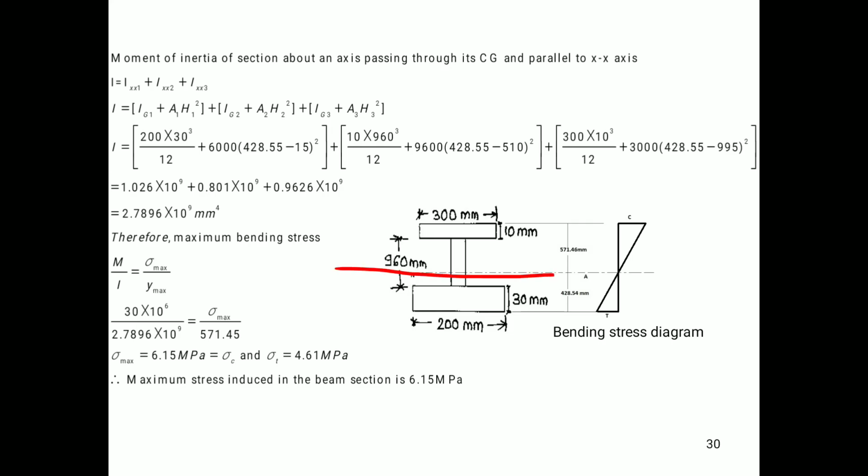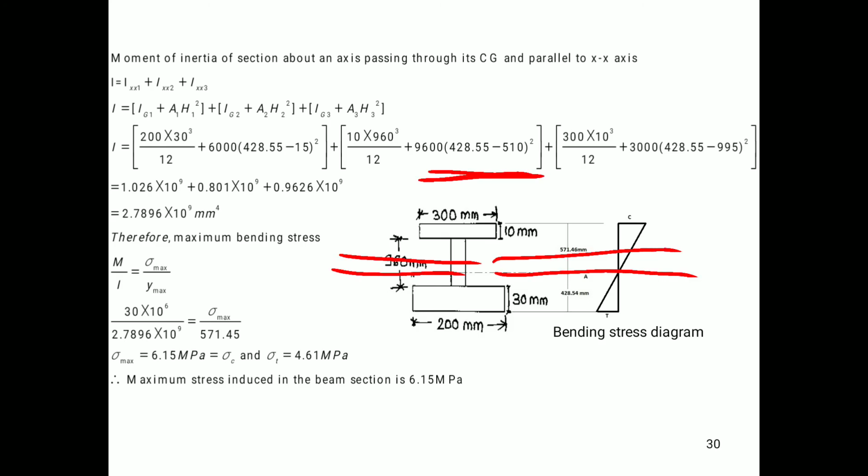This is the neutral axis of the entire section, and the CG of the section on which we have concentrated. Now we have concentrated on section 1. For section 1, our CG is located at a depth of 510 from the bottom. Therefore the distance between the neutral axis and the CG of the section from the bottom is nothing but